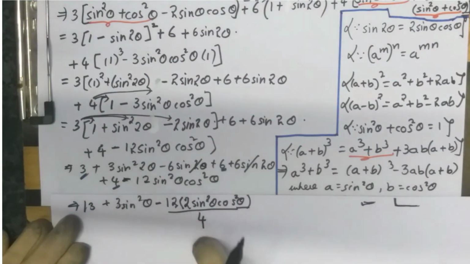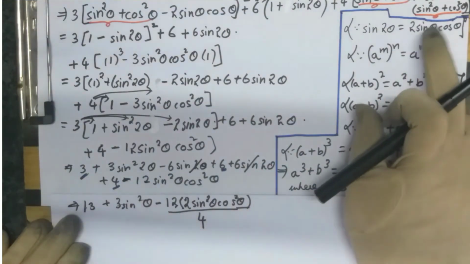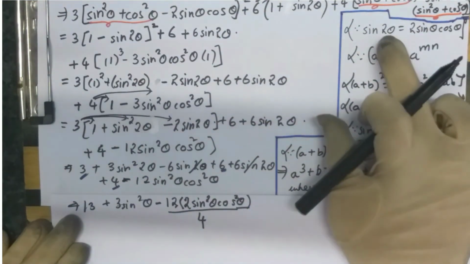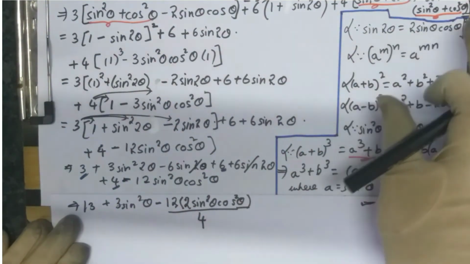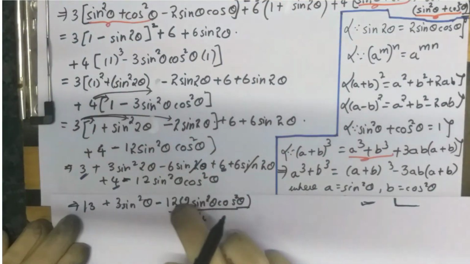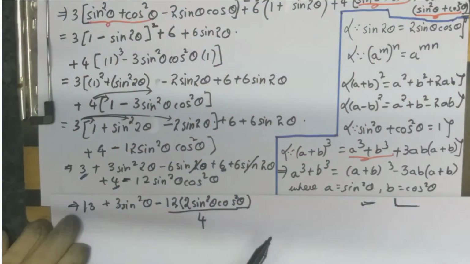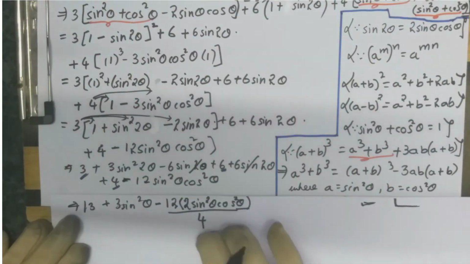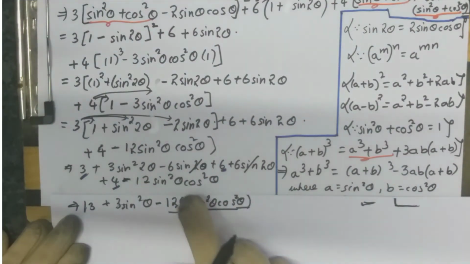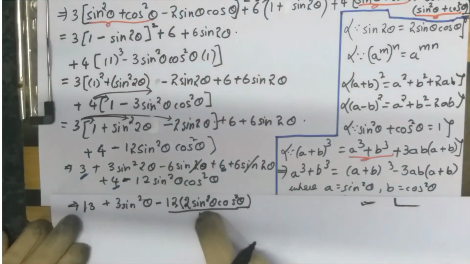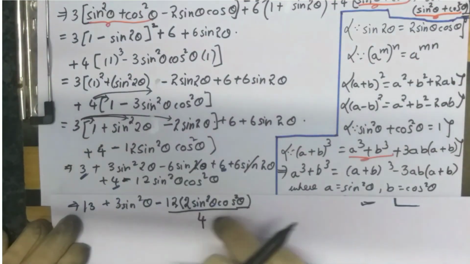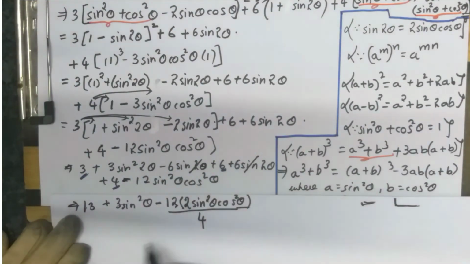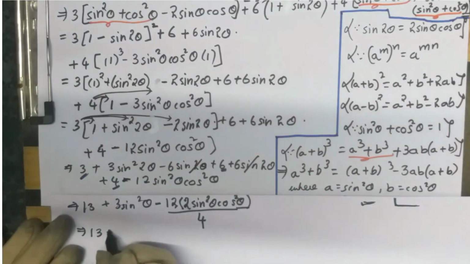So why are we dividing by 4? Because observe this identity. 2 sine theta cos theta is sine 2 theta. We want to make this as sine 2 theta. But here we are having square, so we need to divide by 4 because in the numerator we are writing 2. Right. So since it is square, we are dividing by 4. Here we are writing this sine square theta cos square theta as 2 sine theta cos theta whole square by 4. It is of this form. The only difference is the square and we are dividing by 4 because we want to write this as sine 2 theta. So now it will be 13 plus 3 sine square 2 theta.